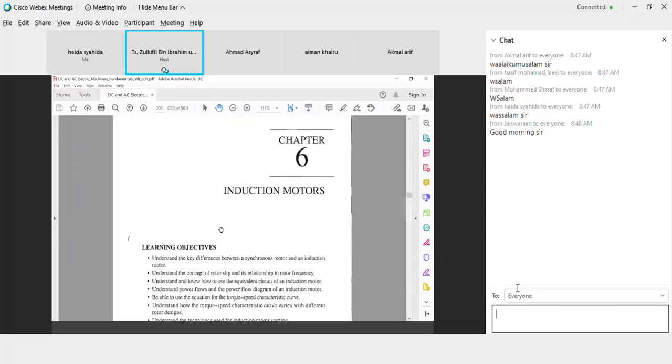Okay. So for today's lecture, we'll go for chapter number 6, about the induction motors or induction machines. At the first, we